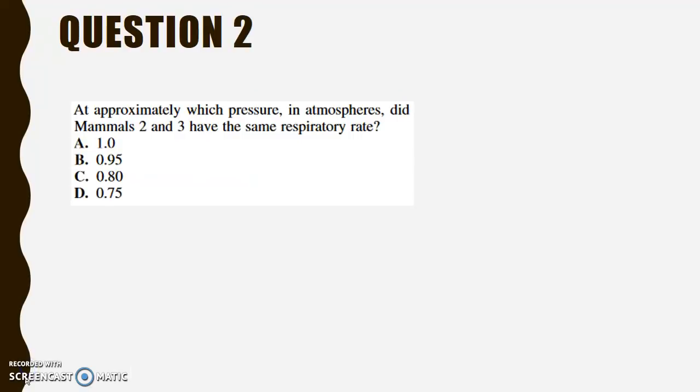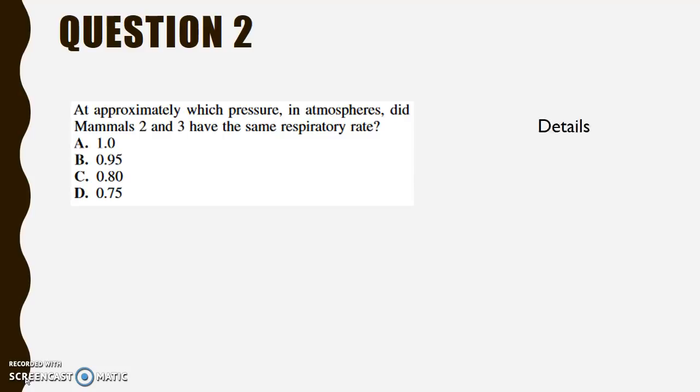Question 2. At approximately which pressure in atmospheres did mammals 2 and 3 have the same respiratory rate? What type of question is this? This is a details question. This question is asking me to find a point on the graph where the lines for mammals 2 and 3